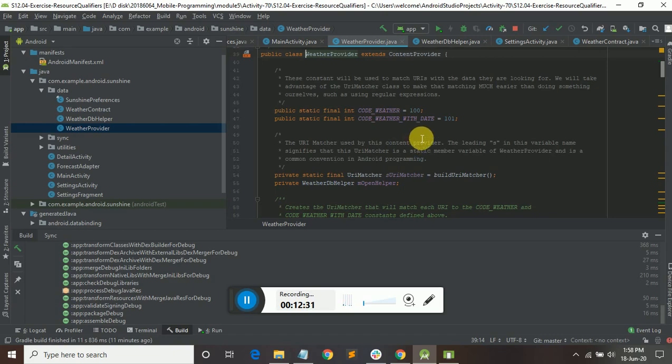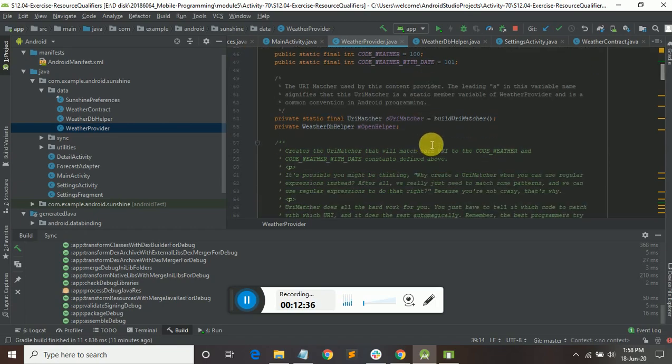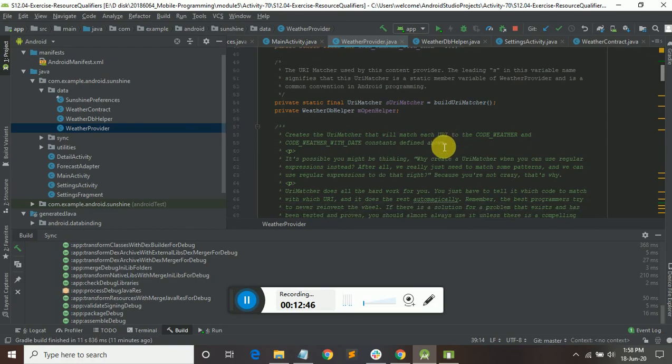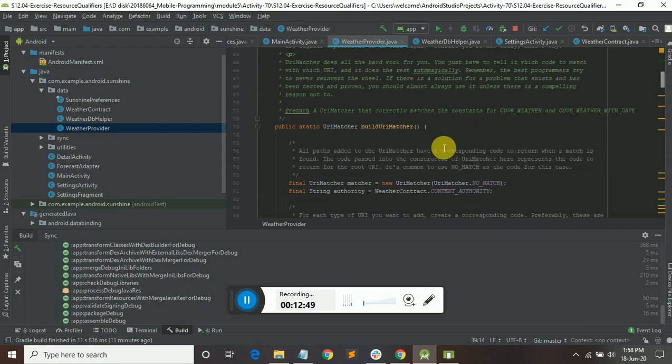The main purpose of this is using regular expressions and a URI matcher. The URI matcher is in a content provider, and it should match with whatever URI we get.